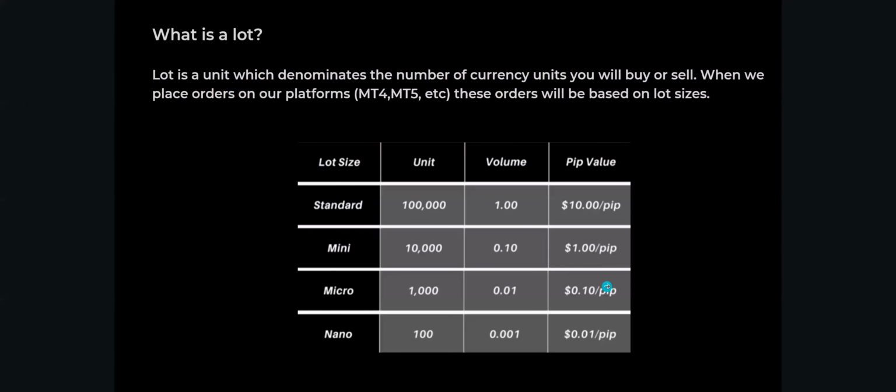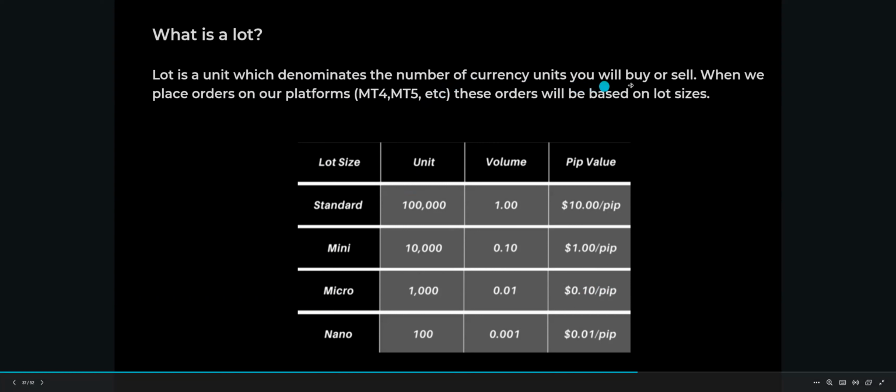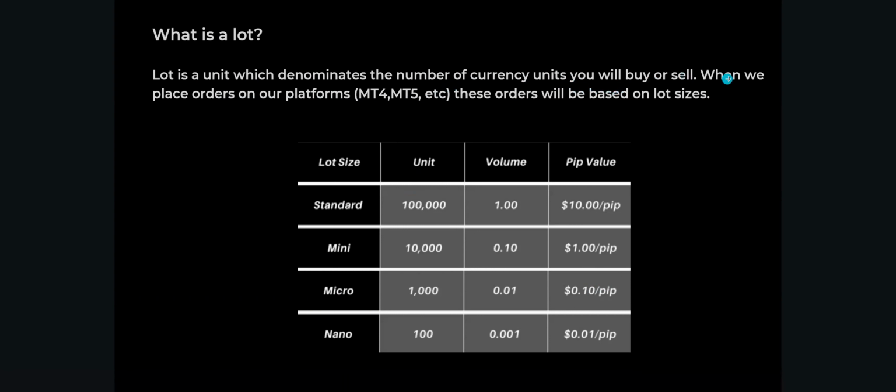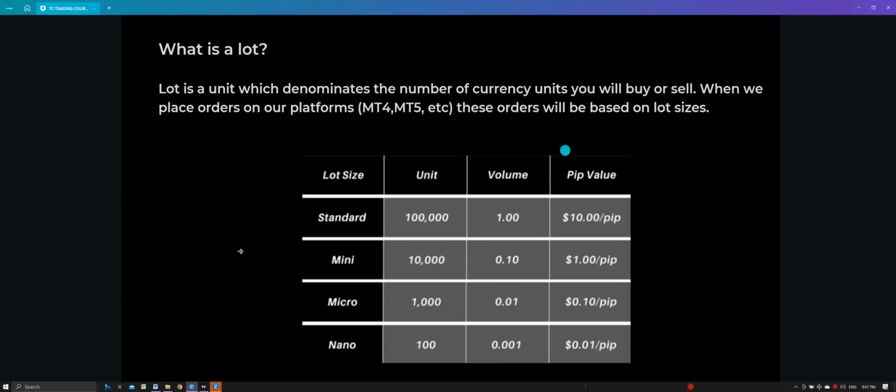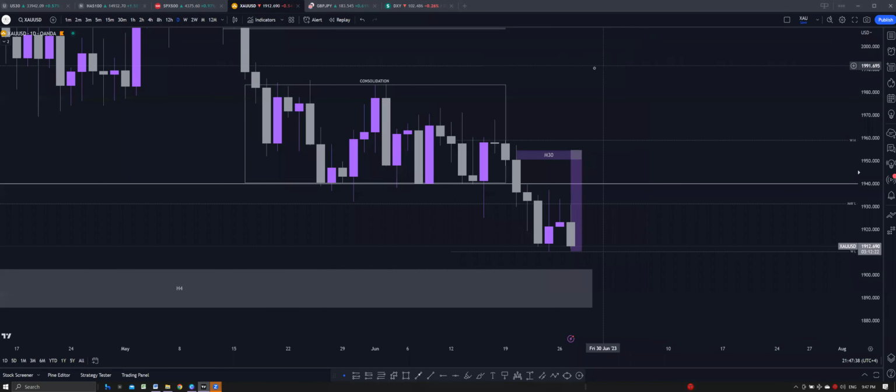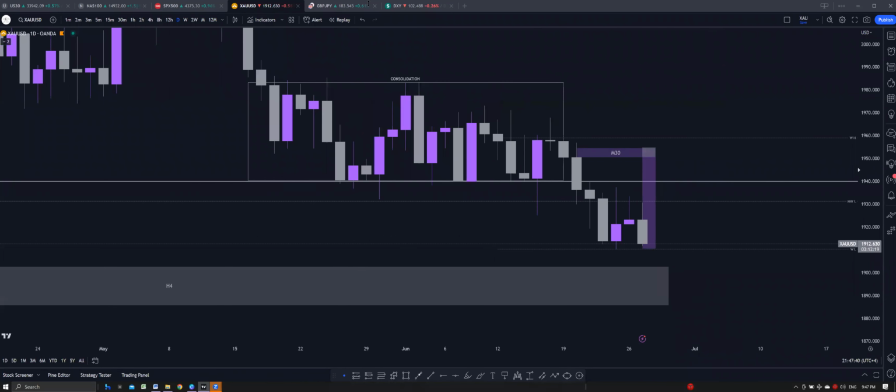So we looked at pips. So let's look at lots. A lot is a unit which denominates the number of currency units you'll be buying or selling. So when we place our orders on our platform, MetaTrader 4 or MetaTrader 5, which we'll be looking at later in the course, our orders will be based on those lot sizes. And why do we even use lot sizes? So for the basic idea of it, if you look at this